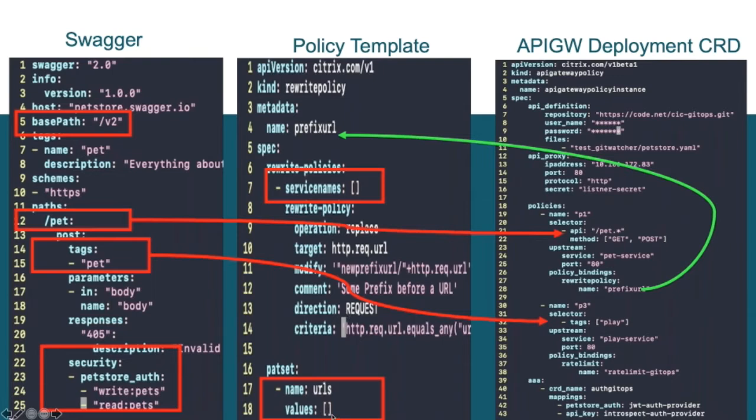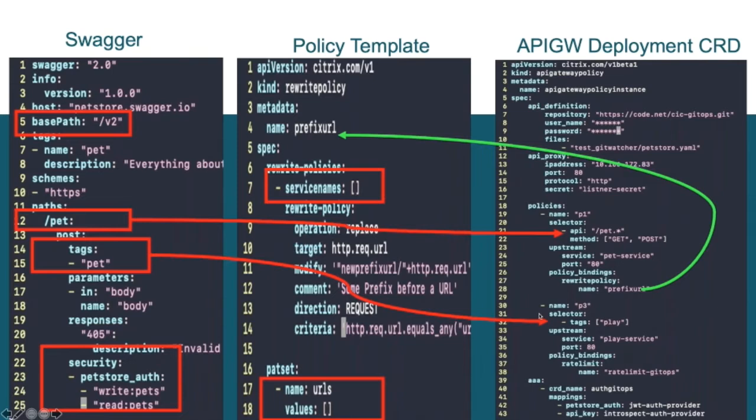So in a regular workflow, the Ops guys are supposed to fill in these details and then apply the policy CRD. In this case, they don't fill in any of the target-related details and just submit this. We call that a policy template. So who fills those things in? Somebody needs to fill in this pet here so that the policy is applied when someone tries to access the pet API. How does that get filled in automatically? That is done by our last block. We call that an API gateway deployment CRD.